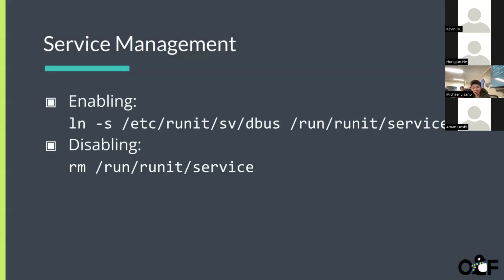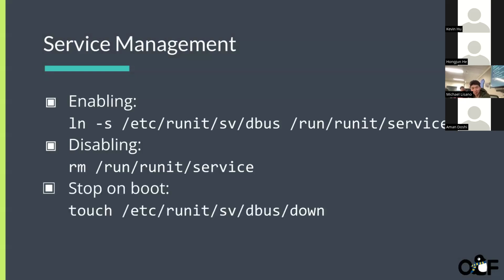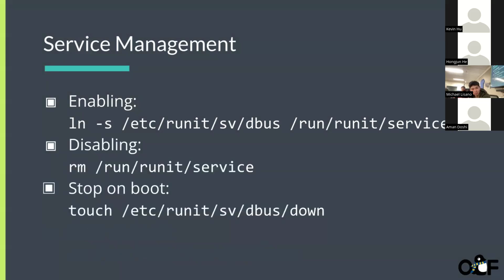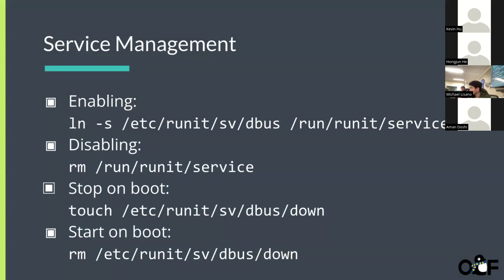You can enable, disable, stop on boot, start on boot. I guess this is a good example. This one does not use config files like systemd. In this one you have to create symlinks. Have you guys heard about symlinks? Okay. For people who don't know, a symlink is like a desktop alias or shortcut in Windows. It's an alias of a program in a different location, like creating a shortcut to something from somewhere else.